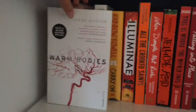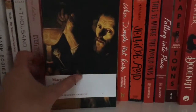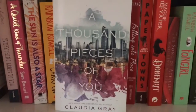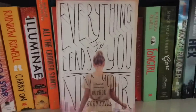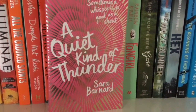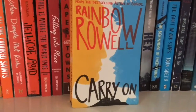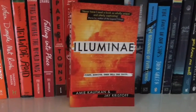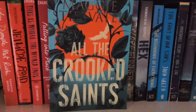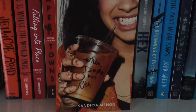Then for the books on this, Warm Bodies by Isaac Marion, Frankenstein by Mary Shelley, Picture of Dorian Gray by Oscar Wilde, A Thousand Pieces of You by Claudia Gray, Everything Leads to You by Nina LaCour, A Quiet Kind of Thunder by Sara Barnard, The Sun Is Also a Star by Nicola Yoon, Carry On by Rainbow Rowell, Illuminae by Amie Kaufman and Jay Kristoff, All the Crooked Saints by Maggie Stiefvater, When Dimple Met Rishi by Sandhya Menon,